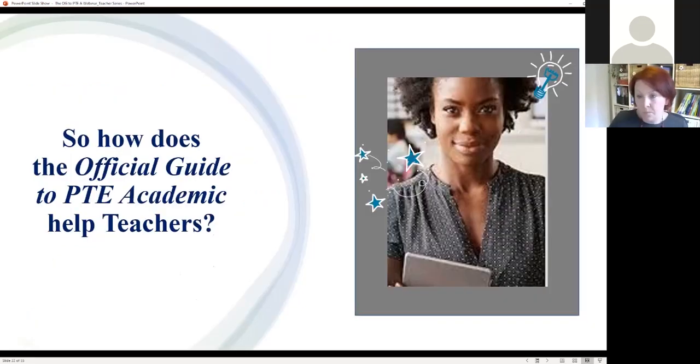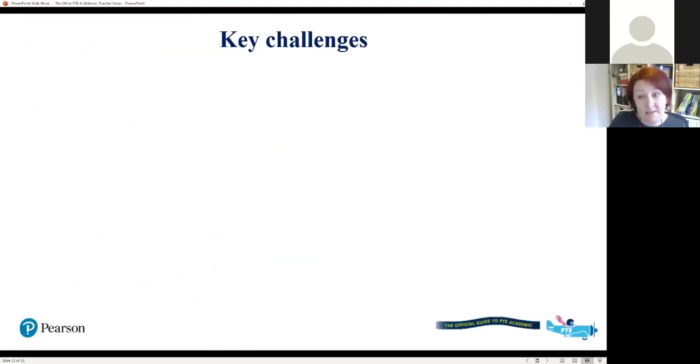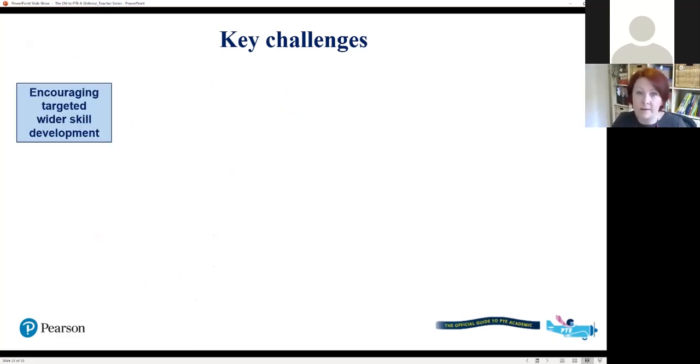So how does it help you? Considering some of those challenges that you put up, they're all really important, but I've whittled it down here to 5 key ones that we think are really major things for teachers when facing students in the classroom for prep for PTE Academic, and some solutions that the official guide offers. So the first one is encouraging that targeted wider skill development